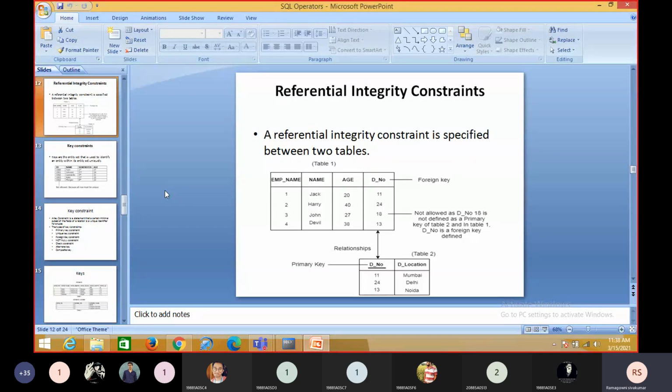It refers from primary key to foreign key. Okay, the relation must be there. If I am able to insert data into the foreign key, it means the data must be available in the primary key. Then only I can insert the data in the foreign key table. Okay,